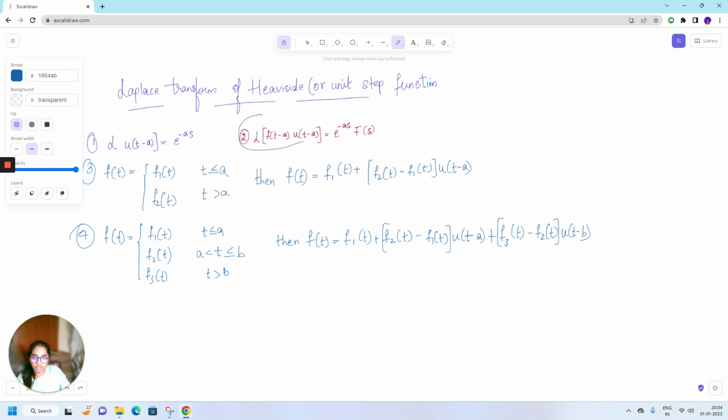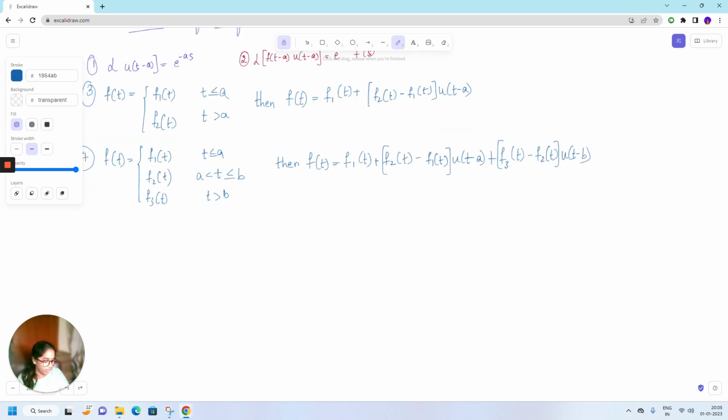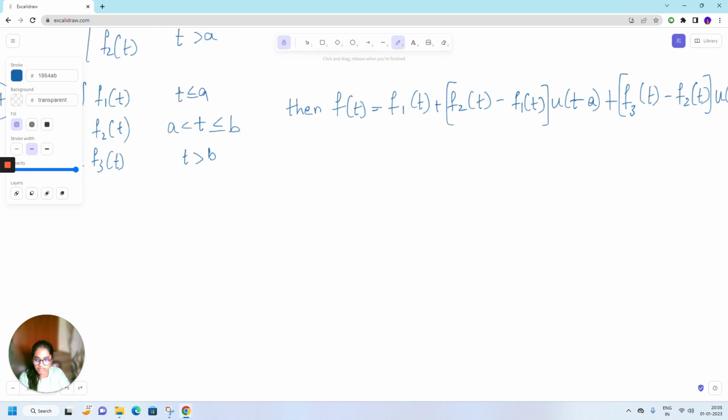Mostly we solved problems on this property. So now we have two more properties. Let me write down a problem first and use these two properties. Say we have f of t is equal to,